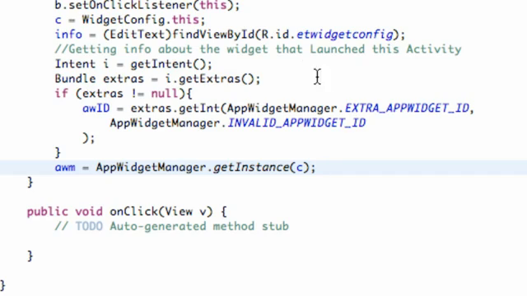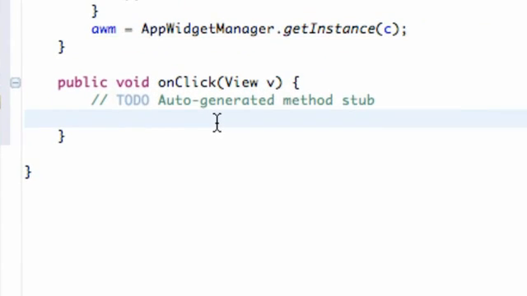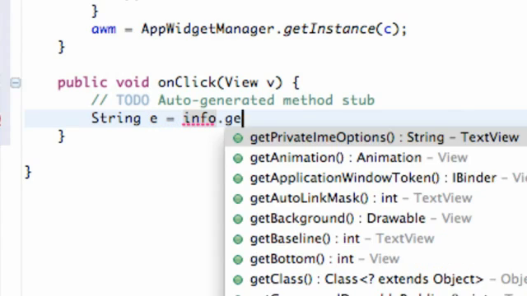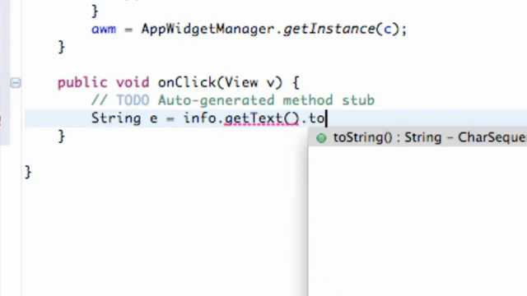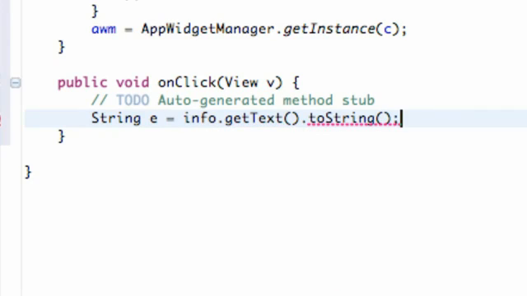And now what we're going to do is set up our onClick method according to what we want to happen. So we're just going to create a string, call E, and this is going to be equal to our edit text, called info I should say, and then just get text to string. Again, nothing new. And we're just going to set up the string for this one, and then we're going to get into opening another activity. So this is similar to what we have done previously, but let's give us a little space to work here. Again, we need to set up a remote views,